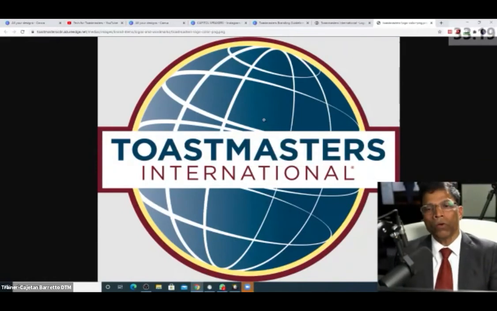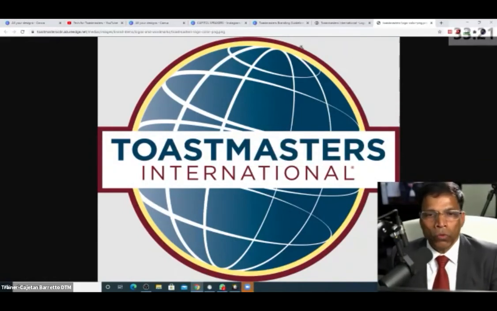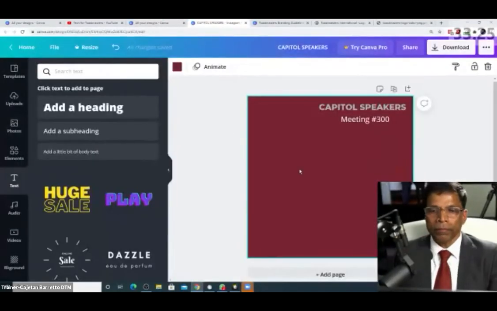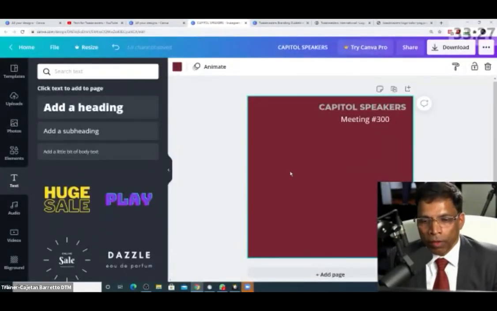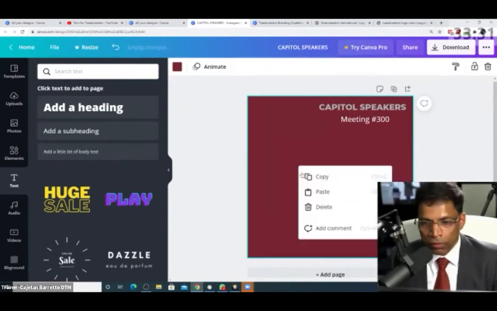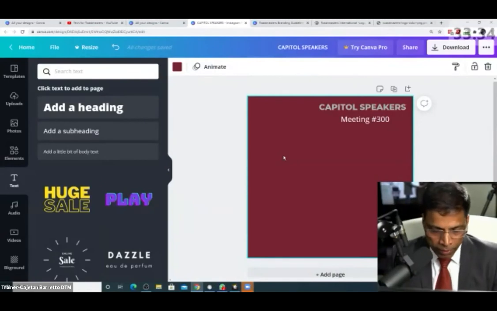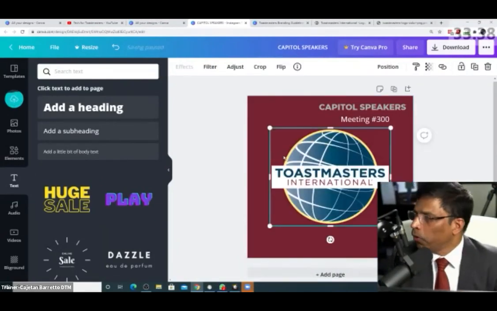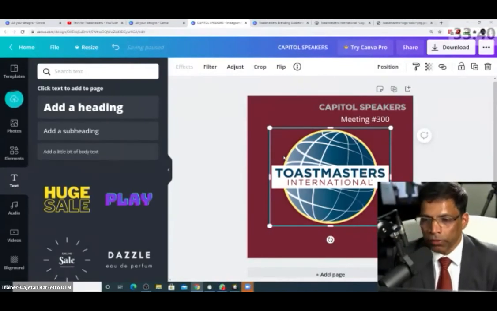So I've copied the logo. Let me go to my Canva. This here, and I want to place the logo. All you have to do is press Ctrl V, not paste, do not do paste like this. Just press Ctrl and V, and the logo comes magically in your Canva canvas.